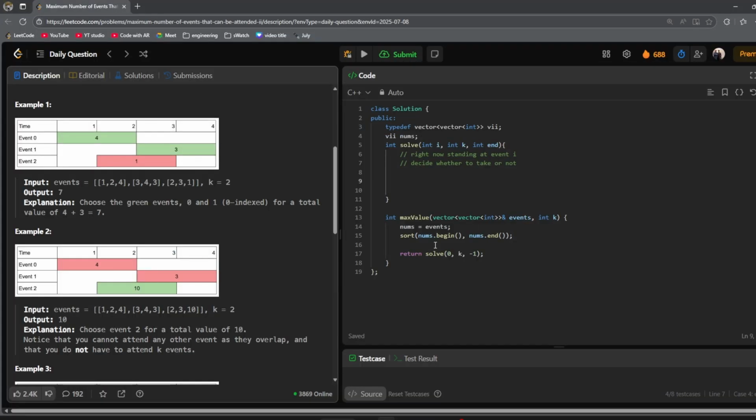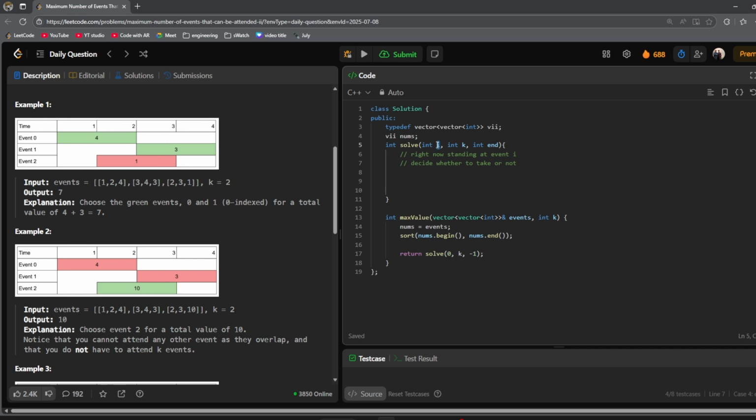Let's see how we can take the same approach and apply it over here. So what I have done is I have made a global nums array. I have initialized it with events so that I don't have to pass it everywhere. It's global. I have sorted the nums based on their starting points, because since these are events and they have some sort of starting time, some sort of ending time, I can just sort them and then do the processing on them. Then I have created a solve function wherein this 0 is